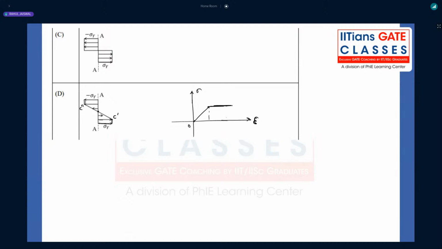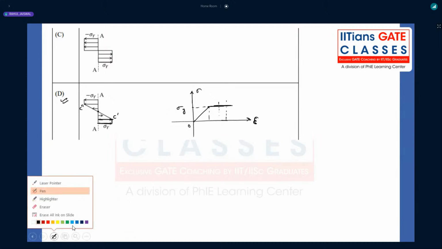And after that, what is happening? It is also mentioned that when the strain becomes too high, then sigma y will be constant, that is not going to vary. And that is what we are saying. So there is no problem in that, right? So this particular option is correct, right? But the problem is,